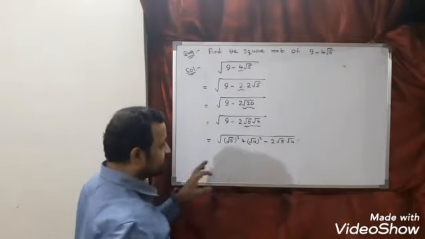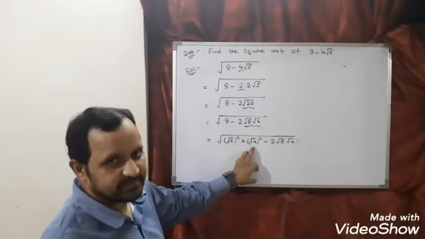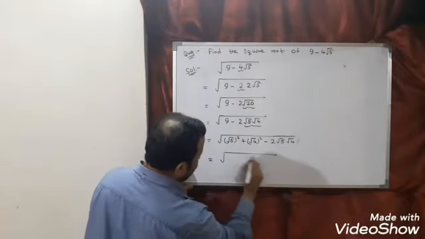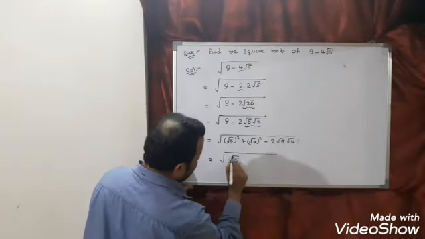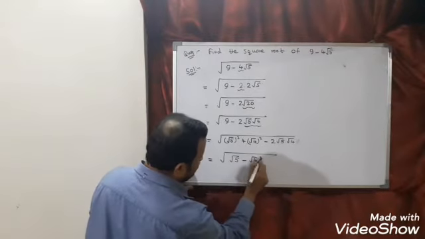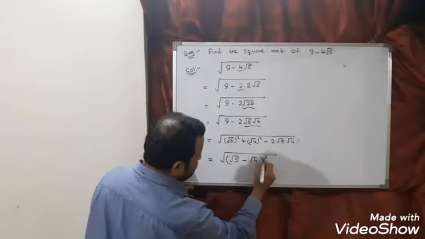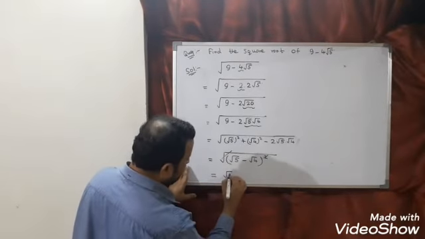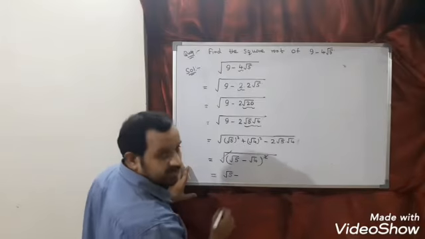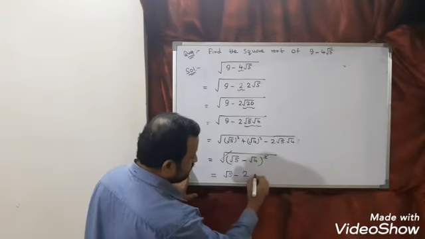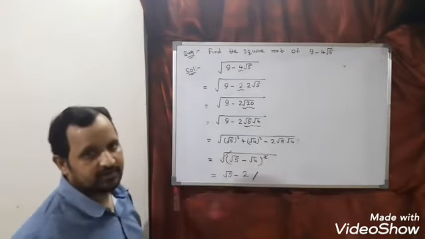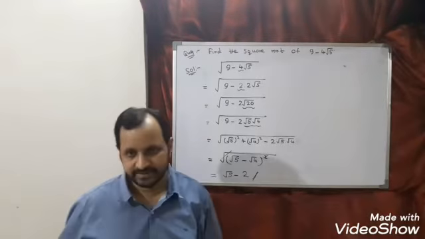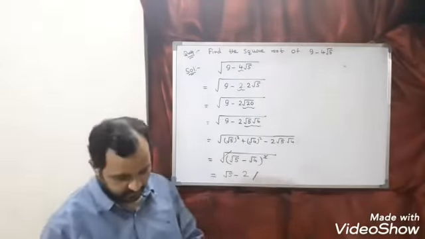So you can see here, square root of A square plus B square minus 2AB, the formula is what? Square root of, here I can say, root 5 minus root 4 whole square. So you can see here square root cancels. Finally left is what? Root 5 minus root 4. And root 4 we can write as 2. So this is the required solution. So the last question and this question both are similar. Let us see one more question.